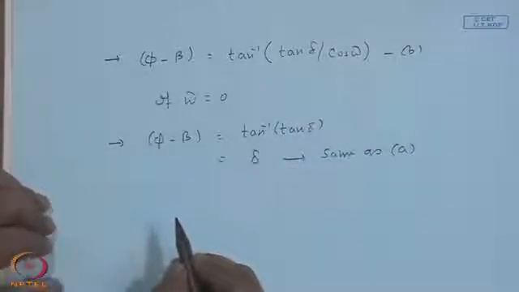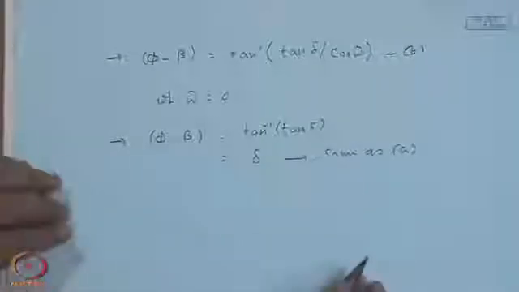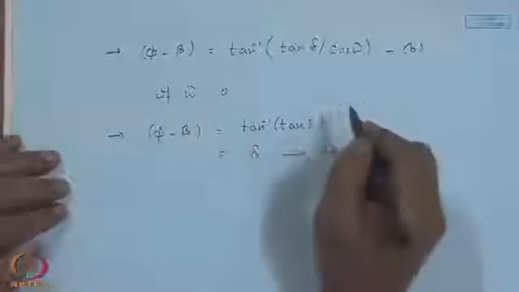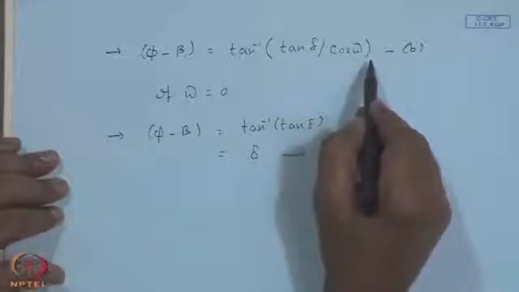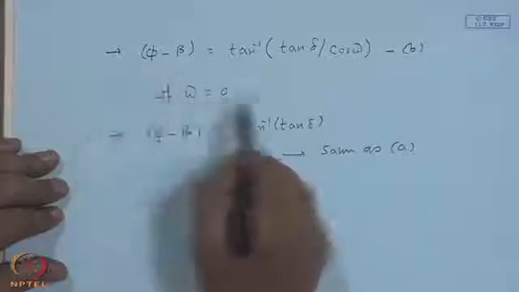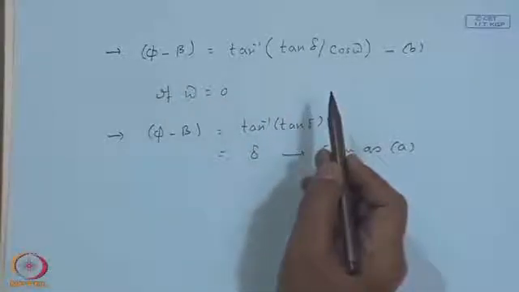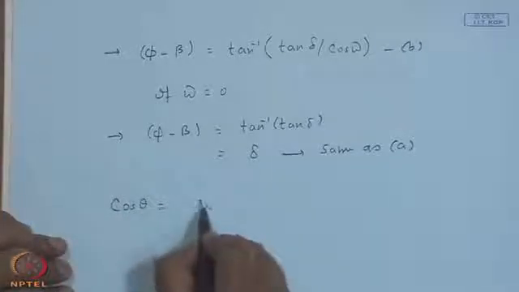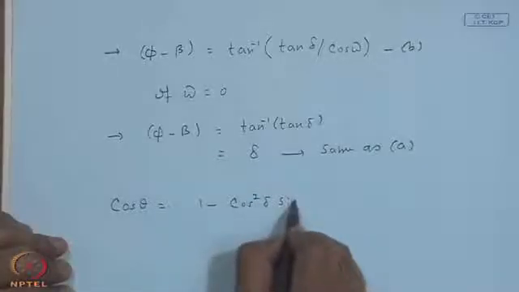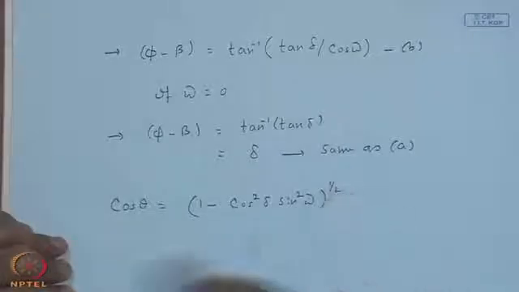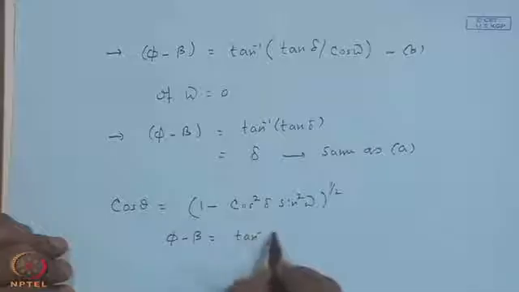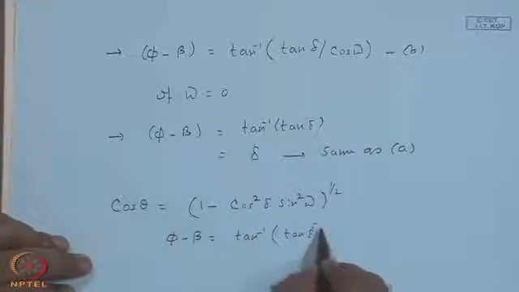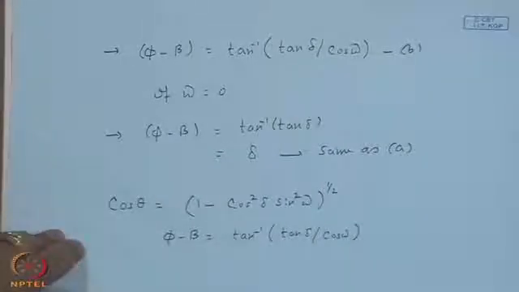So, tracking mode 1 condition that the angle of incidence is a minimum at solar noon needs to be satisfied, and it did if phi minus beta is tan inverse of tan delta by cos omega at omega equal to 0, and at any other time I have to choose my phi minus beta according to tan inverse of tan delta upon cos omega. So, if you substitute in that, now I will get my expression for cos theta as 1 minus cos squared delta sin squared omega, whole to the power 1/2, right. So, again we have to mention phi minus beta is tan inverse of tan delta by cos omega. So, you adjust beta with the time of the day as given by this expression, and then you